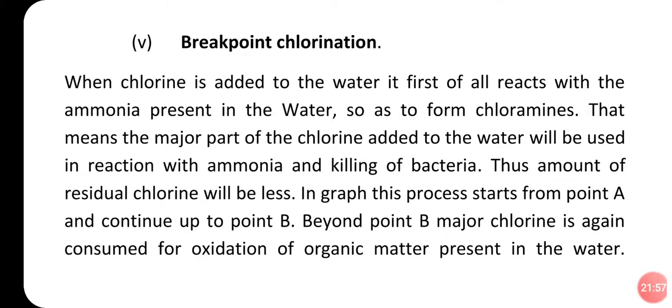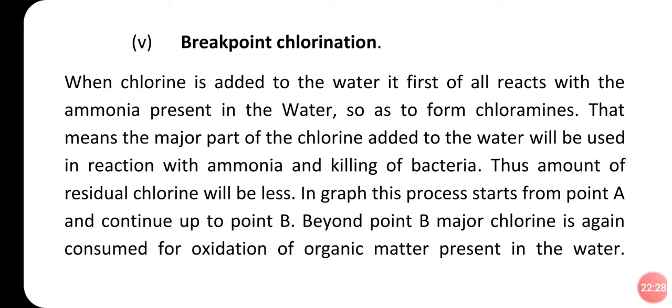Chlorine first reacts with the ammonia and forms the chloramines, isn't it? I have told you, that is monochloramine, dichloramine. Yesterday we discussed, once the chlorine reacts with the ammonia, the monochloramine, dichloramine, trichloramine, all these are formed, and these are required for the killing of the bacteria. So all these three chloramines act at different pH values. Yesterday we had discussed; once again you can refer if you want.